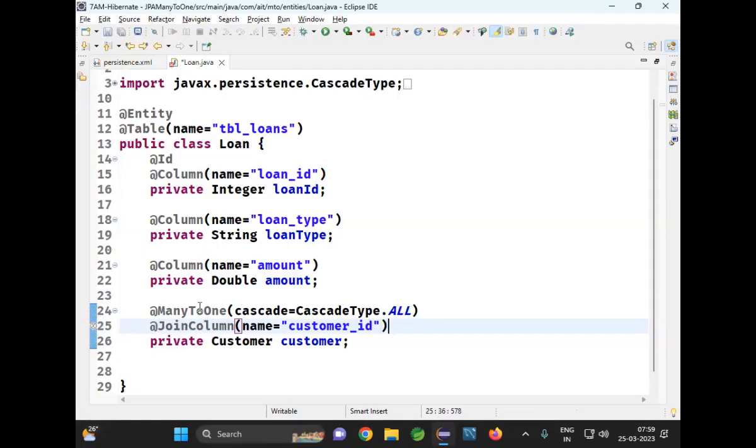Yesterday, I have given two tables, right? So this customer ID column is the foreign key column in the loan table. What are the columns in the loan table that I have drawn yesterday? Loan ID, loan type, amount, customer ID. That customer ID is what key? Foreign key. Now let's go ahead